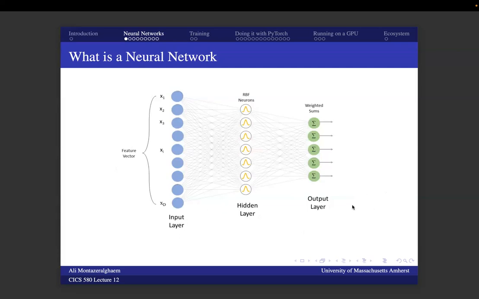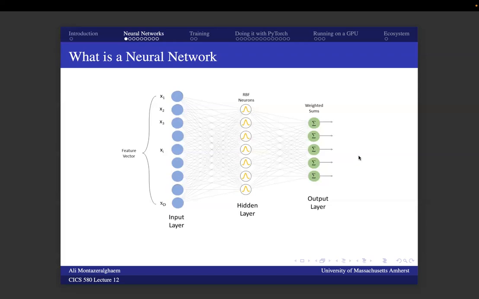Then in the output, we train the network to generate the true label that we have. For example, if we know that the label of this sentence is positive, we can train the network to generate, for example, 1, and for negative,